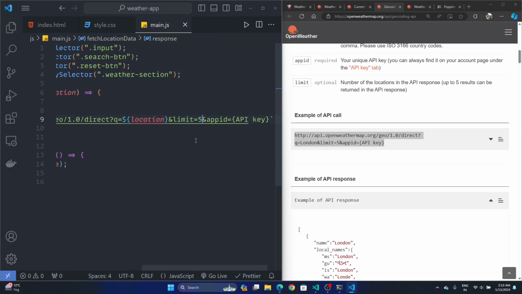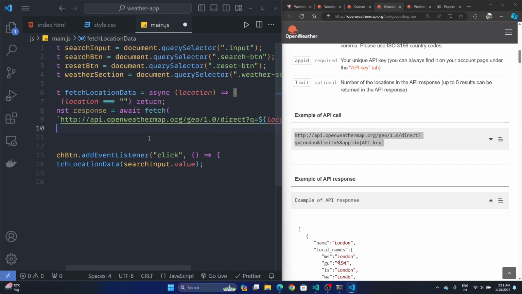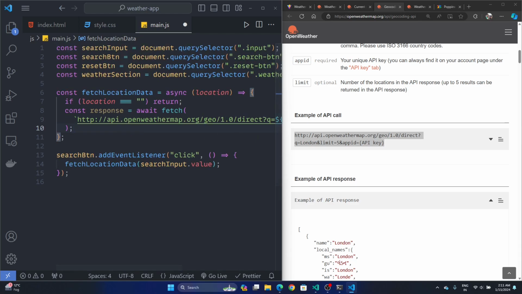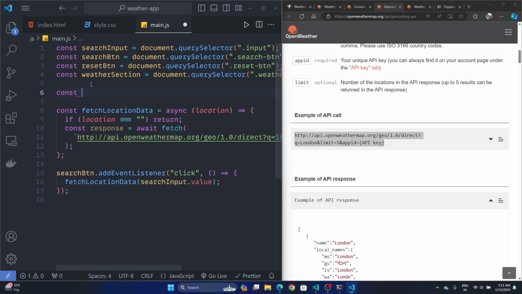Now the limit is basically how many objects you will get. So I have tested this API, and the first response which we get is the proper one most of the time. So I'll set the limit to 1, and we have to do the API key. Now what we can do, we can create a global variable. So const API underscore key, and